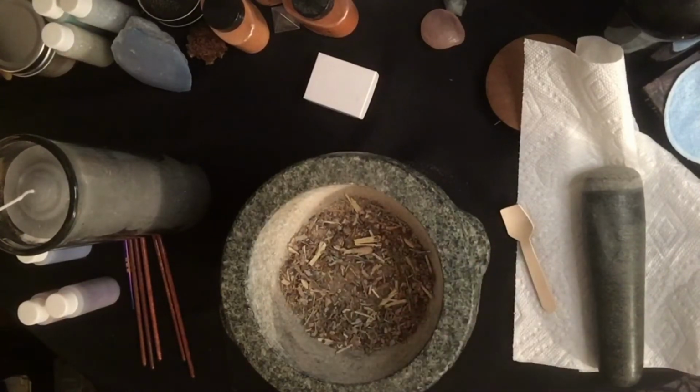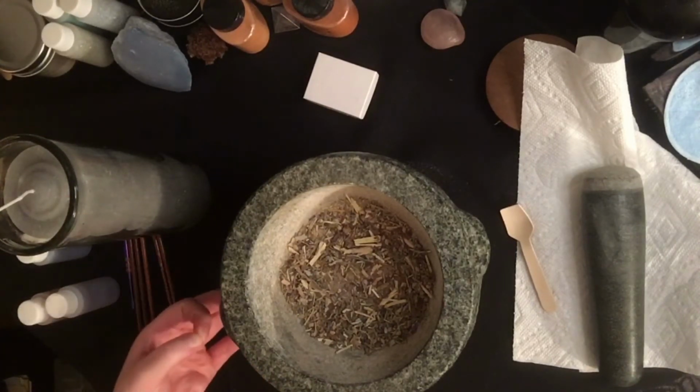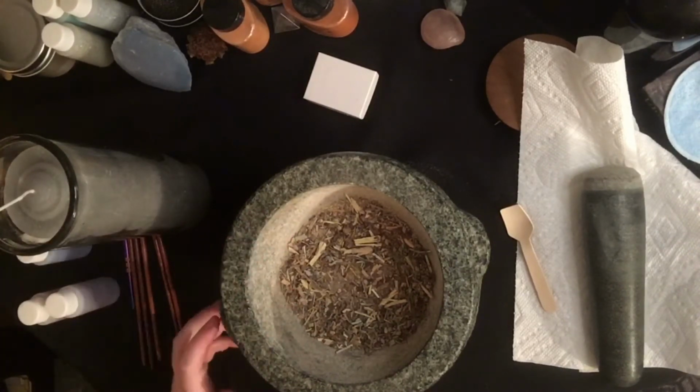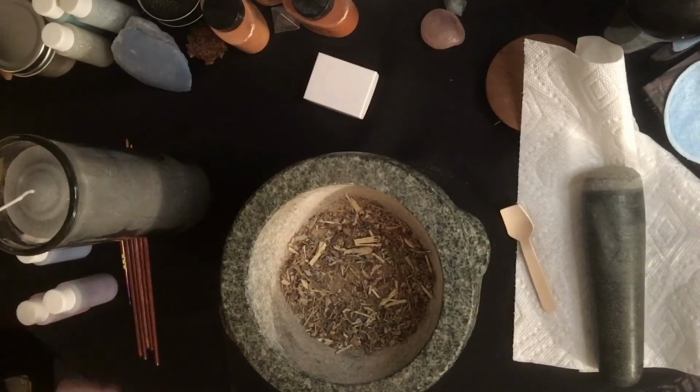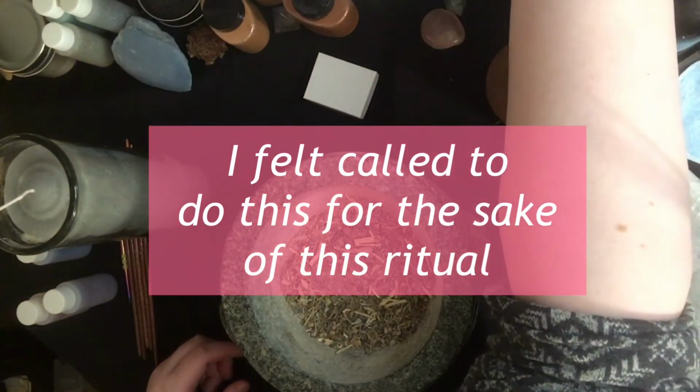When you are asking for big things, you generally have to make some sort of sacrifice. And it can be blood, where you prick your finger, you add some blood to it. It can be something that you give or put out into nature in some way in an effort to sacrifice that item. In this case, I'm doing something very different, which most people would be absolutely and completely horrified by my doing, and to be honest, I don't like doing this, but at the same time, I feel for the sake of this particular ritual, it's necessary. And that is,